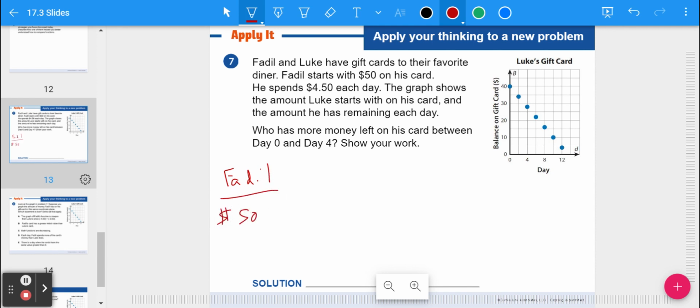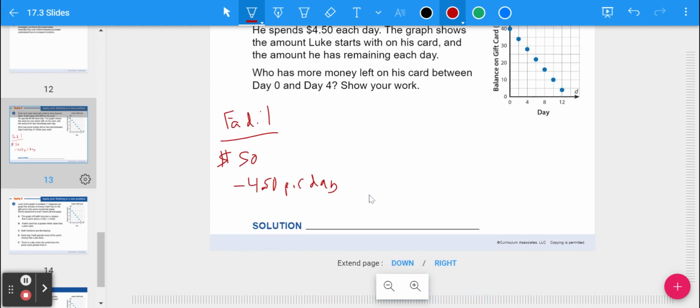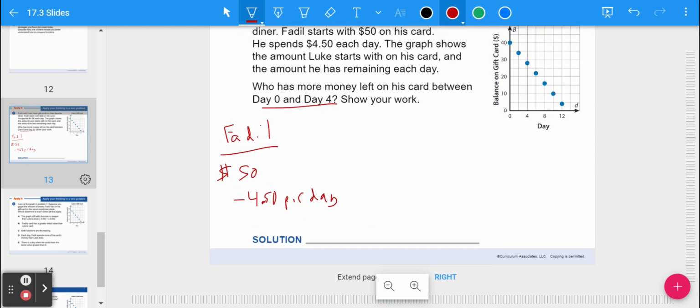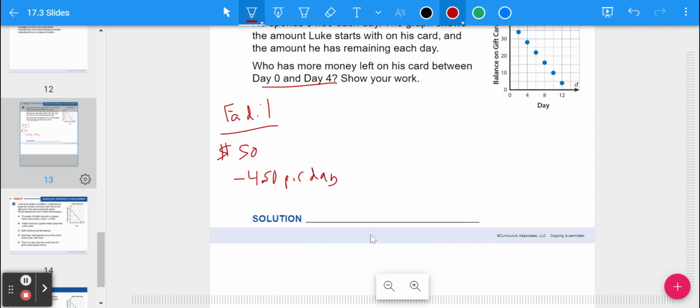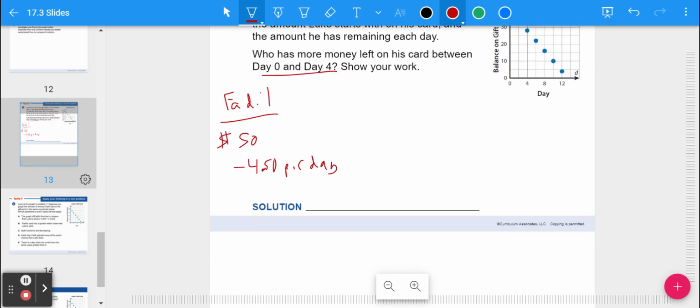$50 minus $4.50 per day. So if we go 4 days, we want to figure out what it is after 4 days, because we want to know between day 0 and 4. So after 4 days, I would do 50 minus $4.50. I'm going to multiply the 4.50 times 4 because it's 4 days. And I know 4.50 times 2 is 9, so it's minus 18. Or you can check that on a calculator and you get $32